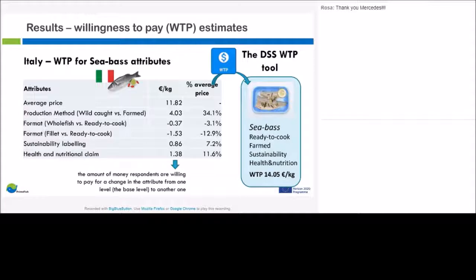So I'll start. The Primefish DSS is a framework for translating the research done in the Primefish project into actual marketable